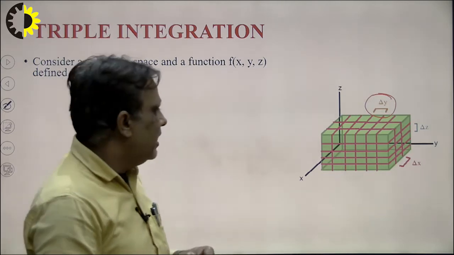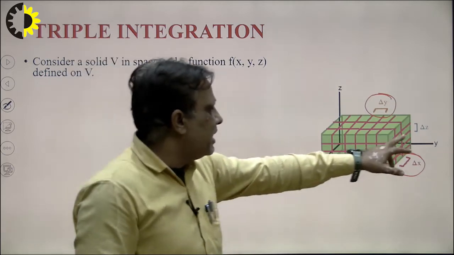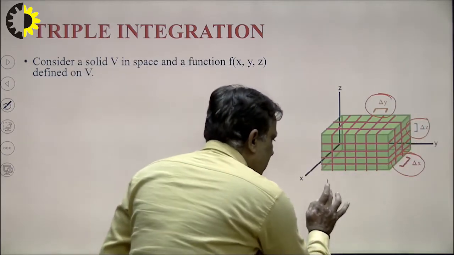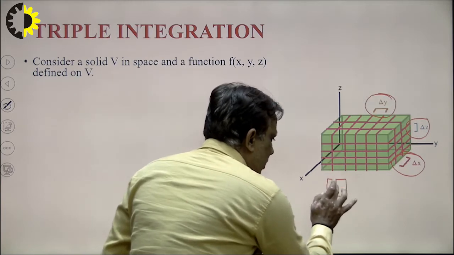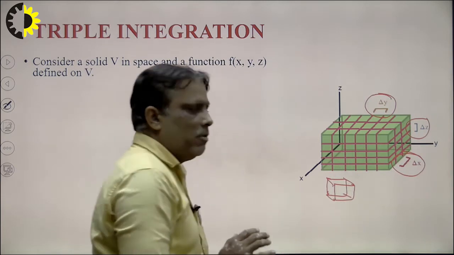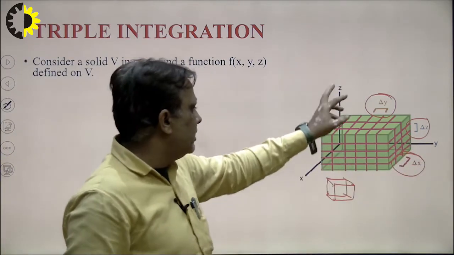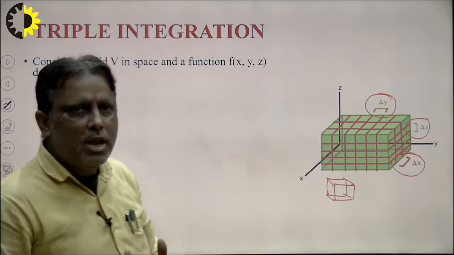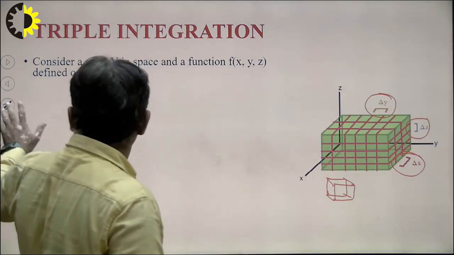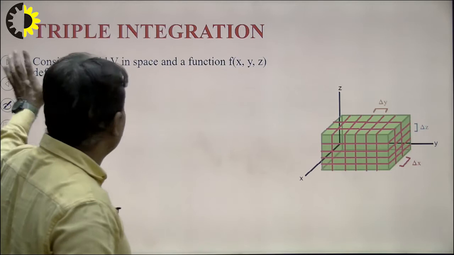This is delta x. In this way this is delta z, so there exists a small cube, we can say a small cuboid, an elementary strip. What will be the volume of this strip? We take the limits from 0 to this, 0 to this and 0 to this, so we obtain the volume of the total solid. In this way we find out the criteria to solve the triple integration.